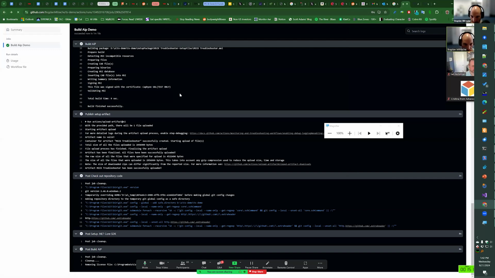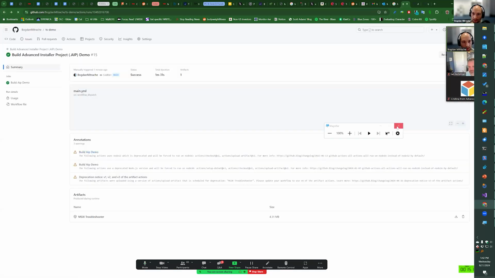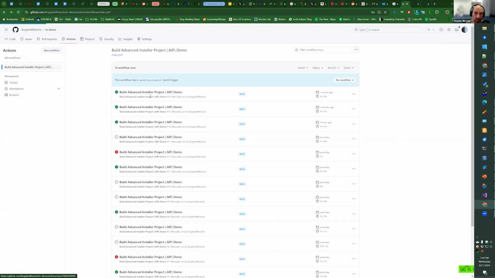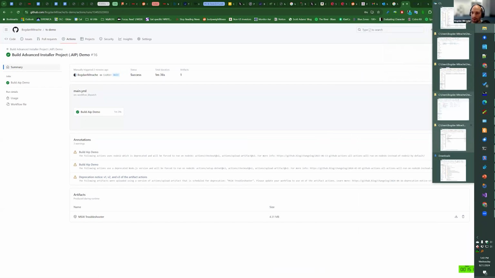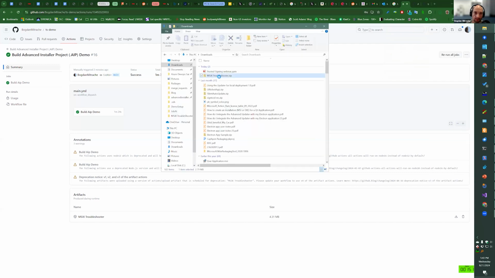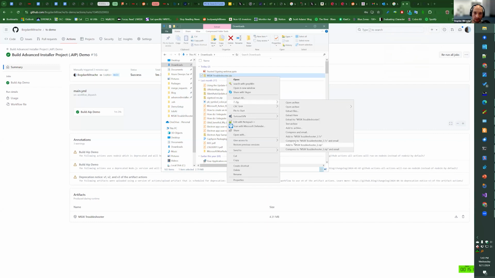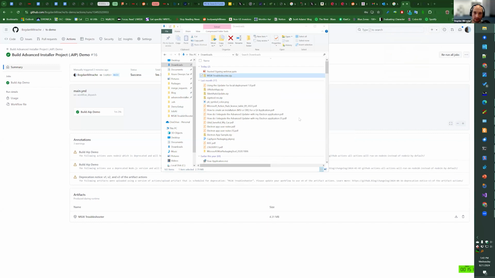signature on that package. You want to go into the build, into that workflow, exactly, and it's right at the bottom. I want to get it here. So if we open this one, then let's go to my downloads folder, unzip it. And it should have the same signature that my test